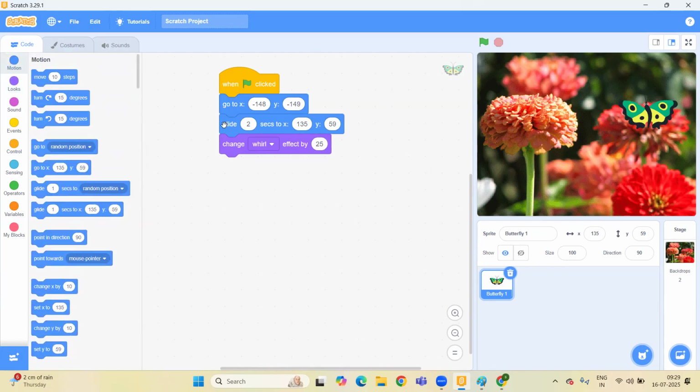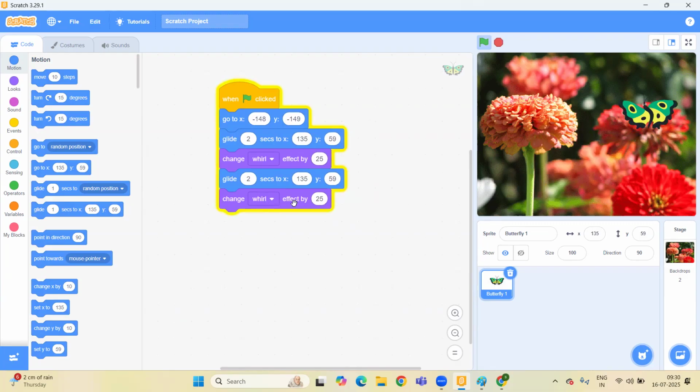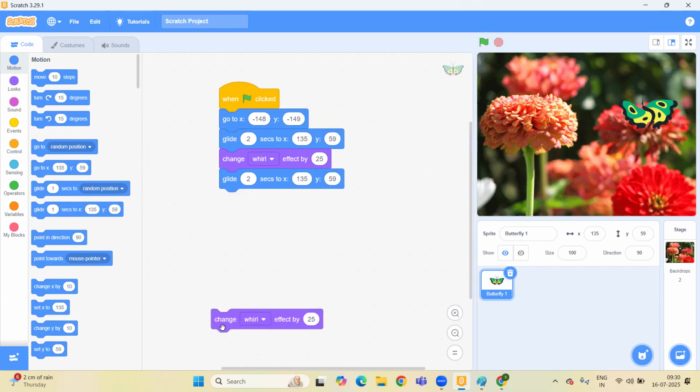No need to take it from the motion block again. We have one more option. When you right-click on that particular instruction, we have some options, like if you want to create a duplicate of that instruction, you can go with this. If you want to add a comment or delete that block, we have three options for this. Right now I want to create a duplicate, so just click on that, and now you can see both are duplicated.